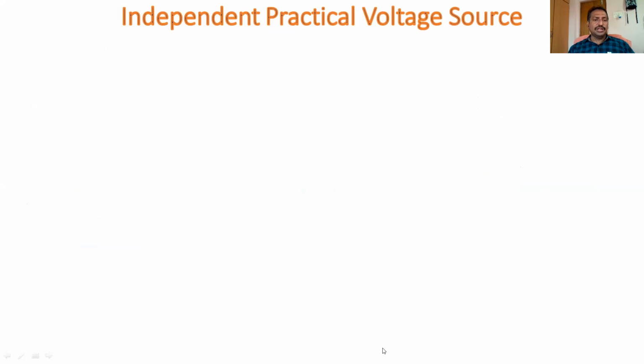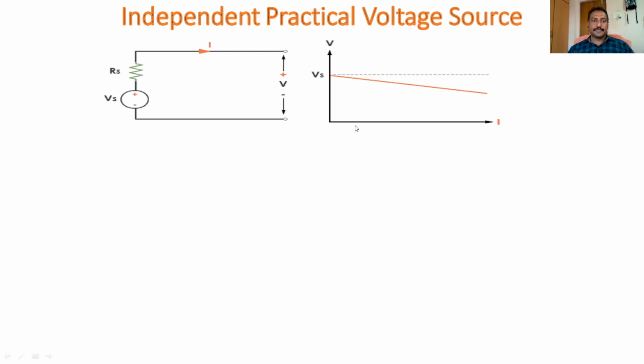We want to discuss thoroughly the independent voltage source. How to represent the independent source? It is a circle. Then what is this type of source? Voltage, so it is represented with plus and minus. Then, what is the meaning of practical? Every practical source should contain internal resistance, but it depends on the type of source. It may connect in series or it may connect in parallel; we will see how in this voltage source.